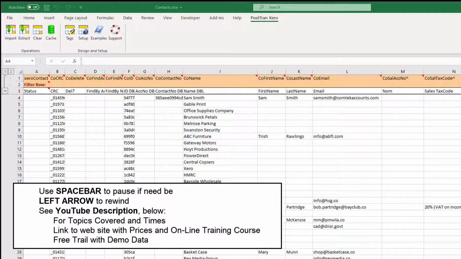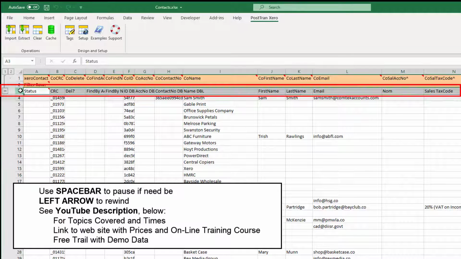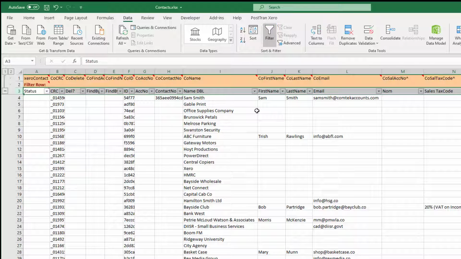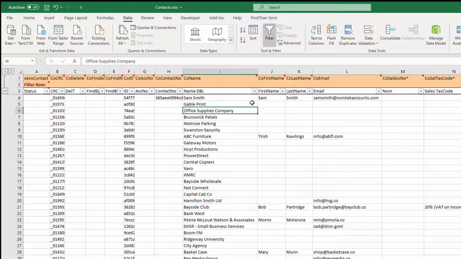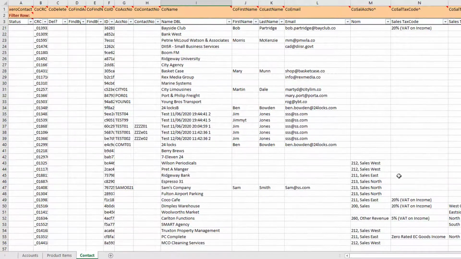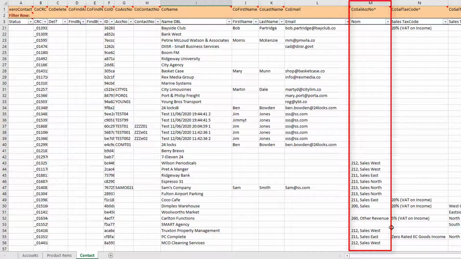Okay, we're just going to quickly look at a feature of Excel which is quite sexy if you want to use it. I'm just going to highlight row 3 and I'm just going to go up to Data and I'm going to click on Filter, and what you can see is now we've got a series of drop down boxes. So here we're looking at our Xero contact data, and in some of the columns are the account nominal code,